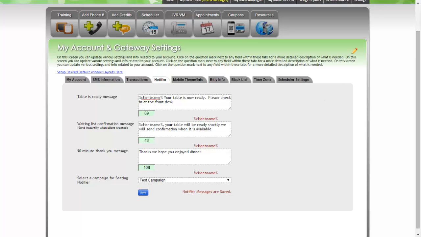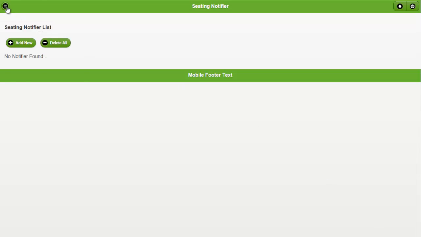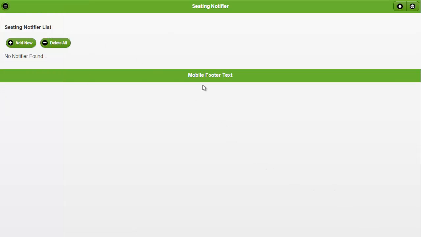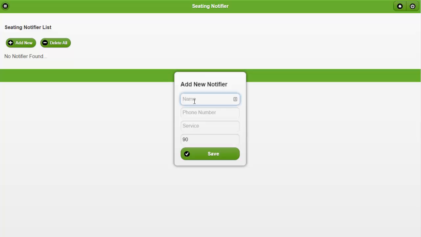Next, this is how the waitresses or wait staff will use the mobile version to automatically enter customers in and get them notified. So you're going to come in here, click on seating notifier, and that's automatically going to put you inside of the notifier. So when a customer comes in the door and there's no tables available, they're going to come in and click on add new, enter the name of the person,